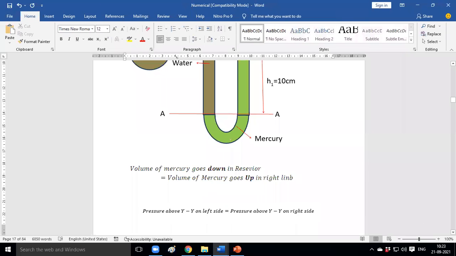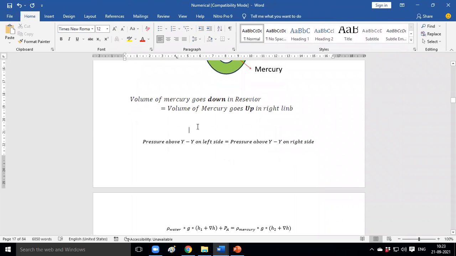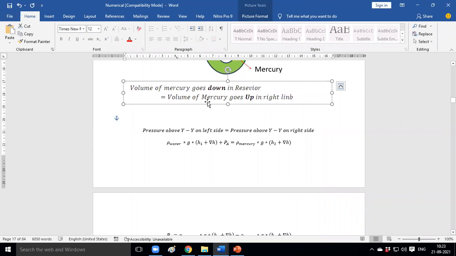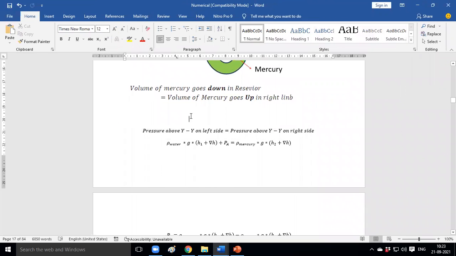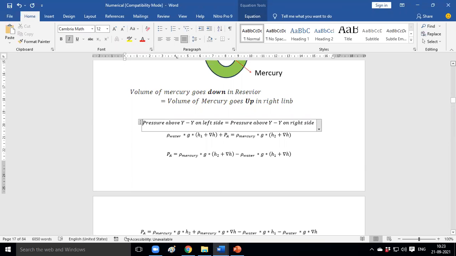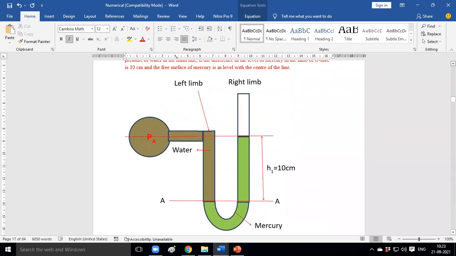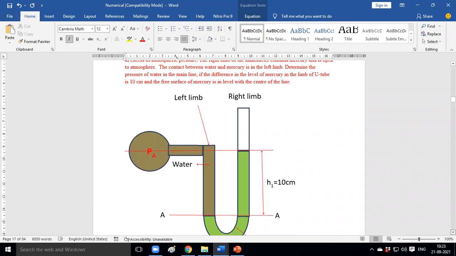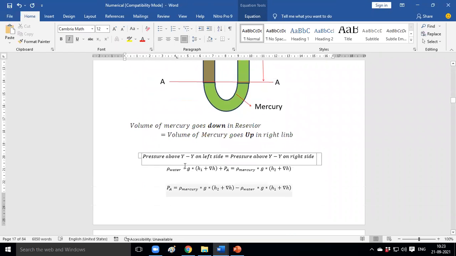Which basic equation do we need to apply? The pressure above the datum line in the left limb as well as the right limb, is it the same or different? Same, correct. So the pressure above the datum line in the left limb is equal to the pressure above the datum line in the right limb. Here we need to mention the pressure above A dash